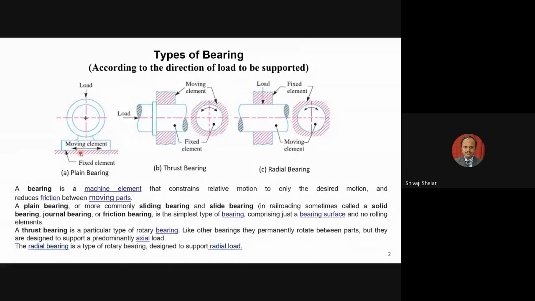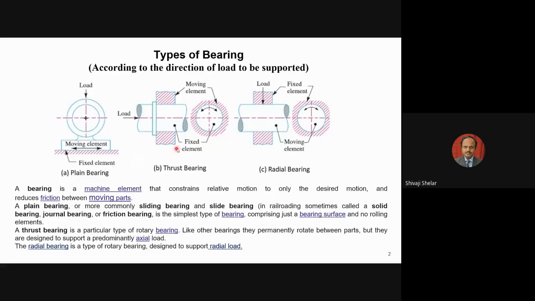So this is the one example I am showing: the machine bedways, on which you are moving a component for feeding the tool path. It is a precision work, so in that precision work you need to have proper support, and the gap should be a predetermined gap. So you have to use plain bearing gap.